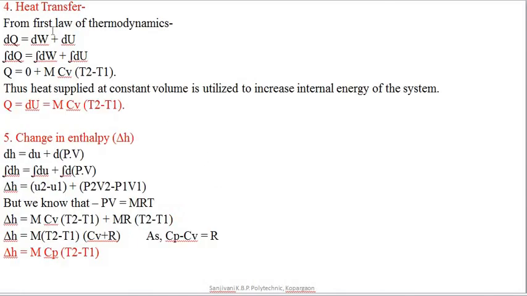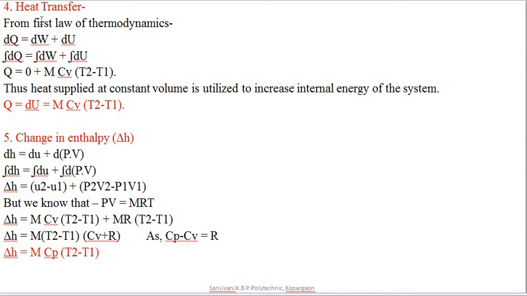Now the next point is the heat transfer during the process. We have seen that we can add the heat or we can reject the heat. Now we have represented that particular process for addition of the heat. When we are adding the heat, any system converts partially that heat into work, and partially stores that heat as the internal energy of the system. But as it is a constant volume process, and the work transfer is 0, we can find the relation for the heat transfer for this process.